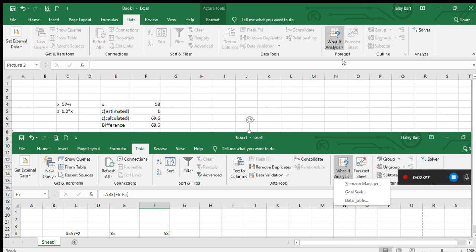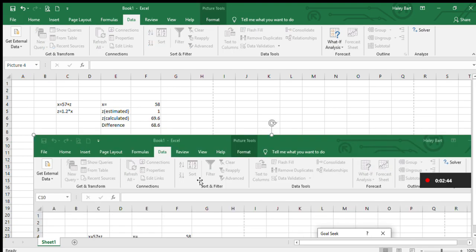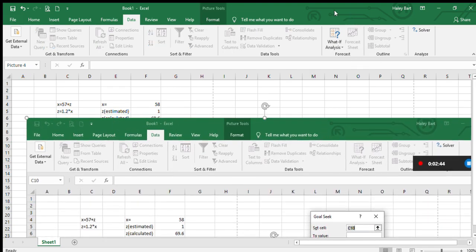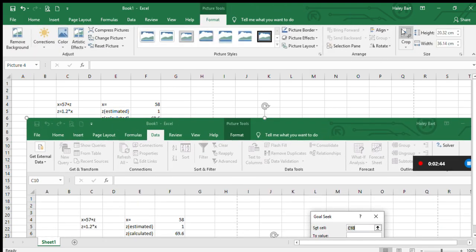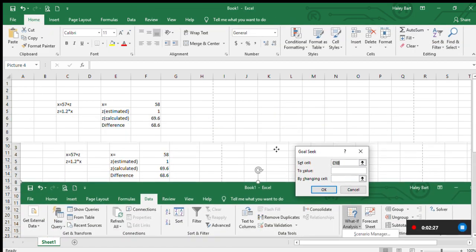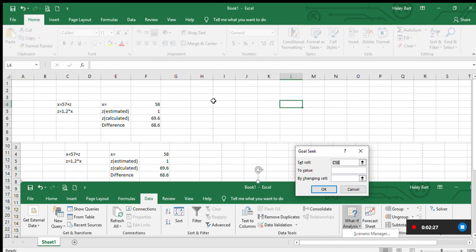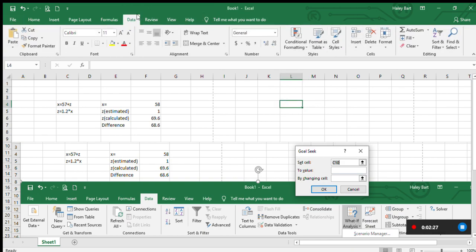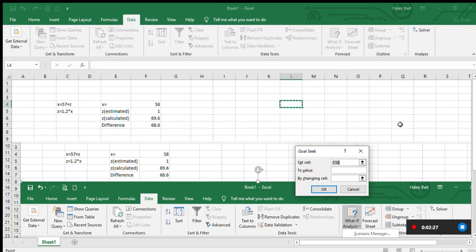So if you click on that, you get a window that pops up, and I realize that you cannot see that right now. Let me just try and paste it here. Okay, so you get this window that pops up,